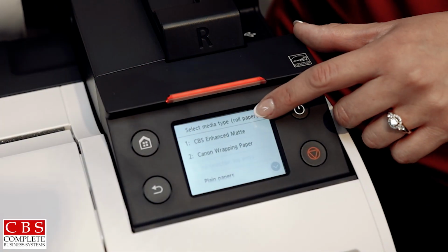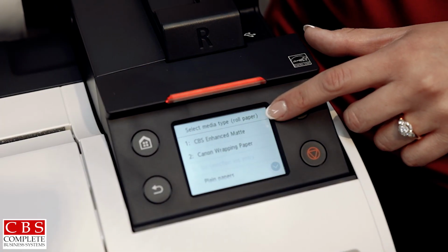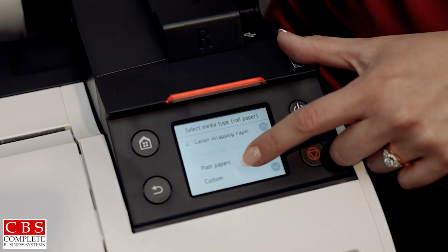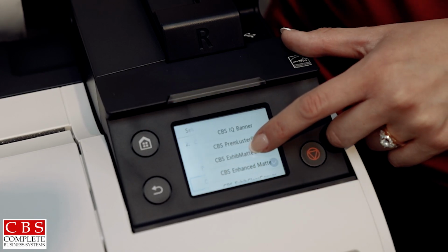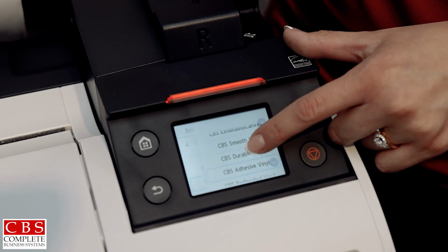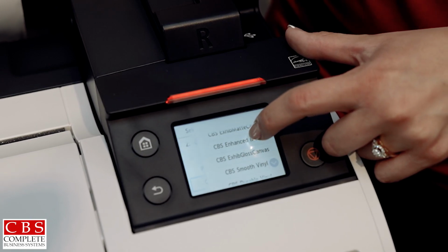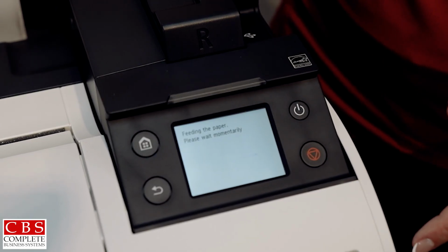So it's going to ask you what type of paper you're loading in, and it'll have the last 3 that you loaded in as a memory. To select, you'll go to custom, and we have all of the different options. And in this case, we are loading in the enhanced matte. Select it,